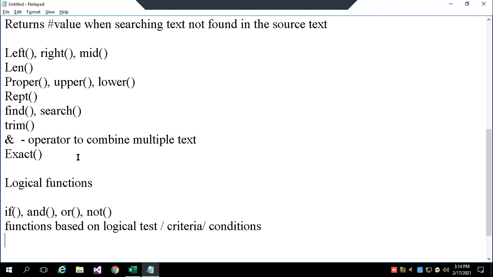So among all these, the most important one you should be aware of is logical functions, which are based on conditions, and you can express whatever test you want to check, and based on that you can take any action.